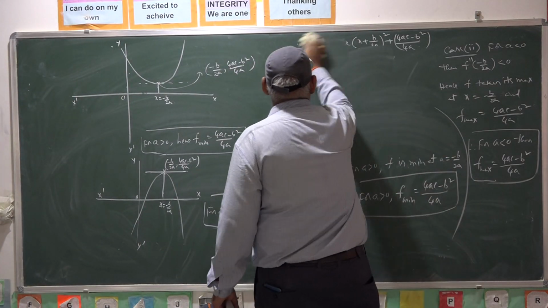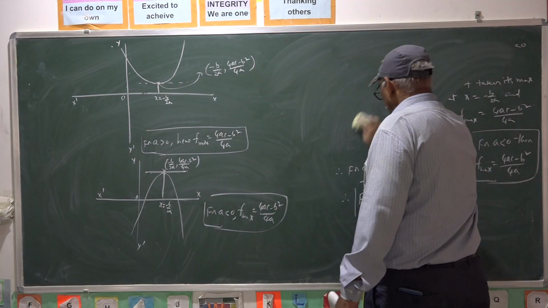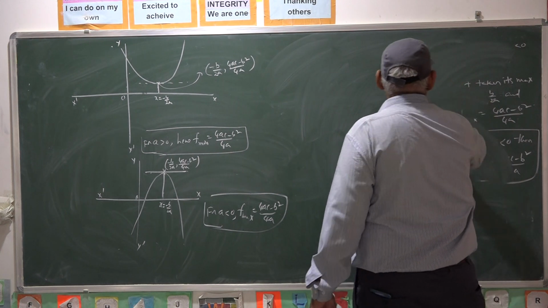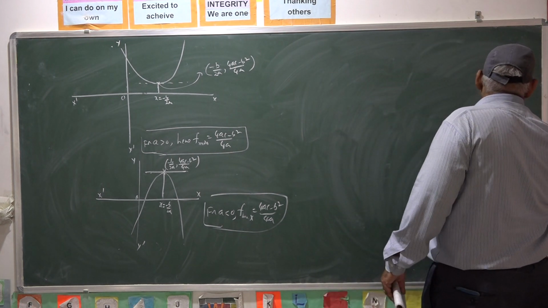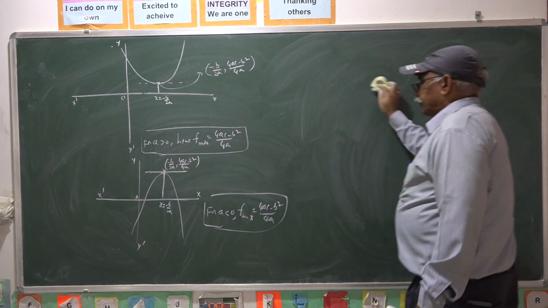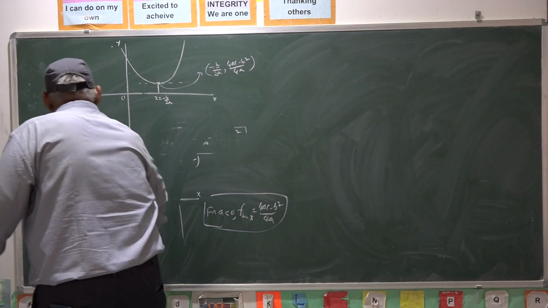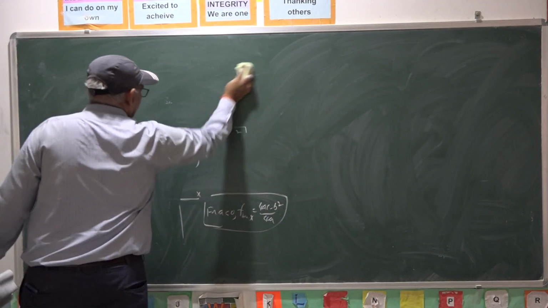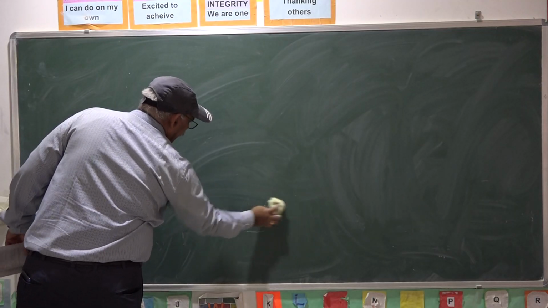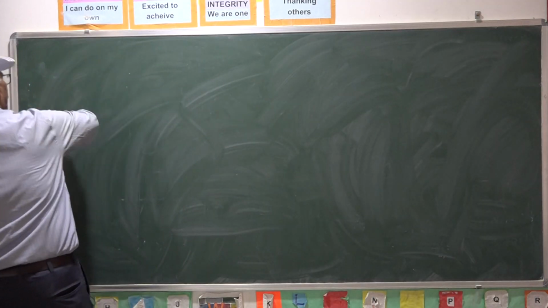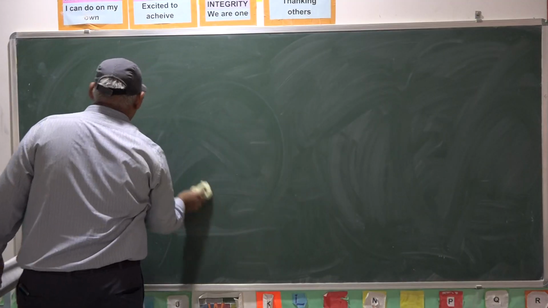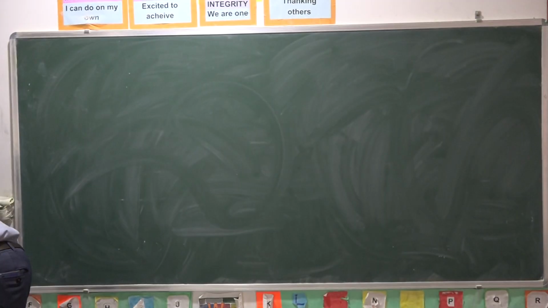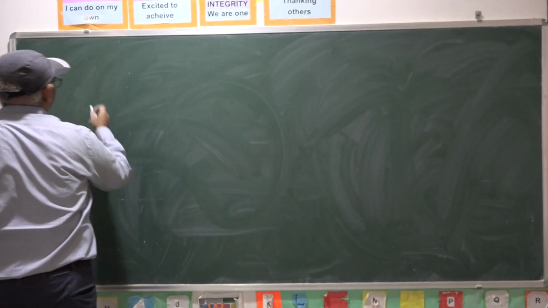This is also one important concept, which is very useful in dealing with quadratic functions and the maximum or minimum of quadratic functions. The turning point is very useful in studying the graph of the function. For a greater than 0, the graph is upward open, that is called concave upward. For a less than 0, it is concave downward.